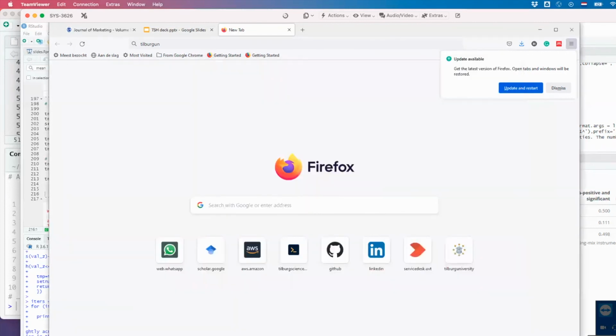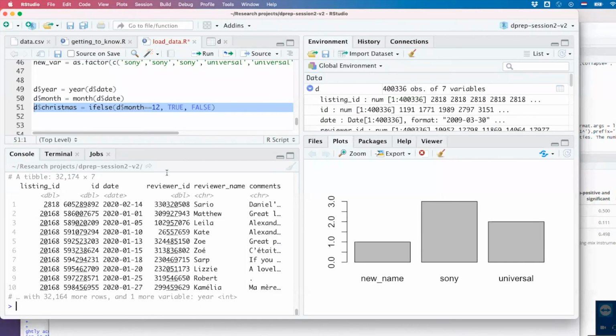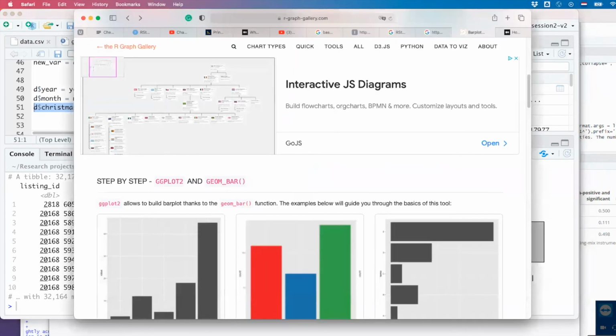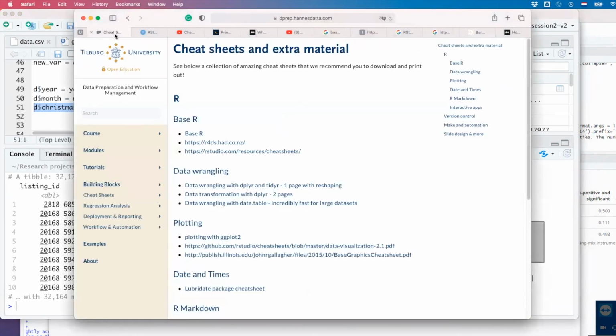So why are you learning this, and why am I showing you this? It looks very simplistic. You have this one data set and you need to filter around. But what you have to consider is that you're building a complex project consisting of multiple files. It will take a long time to run. And it's very important that you have your skills well in place on how to wrangle this data. And this is what R can offer you.